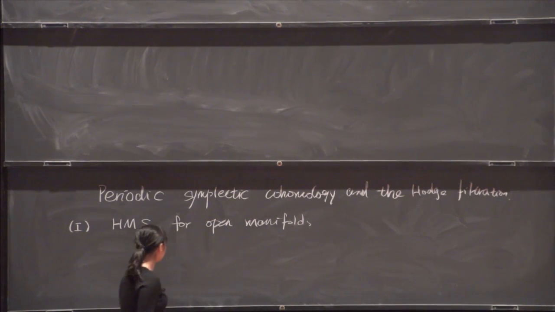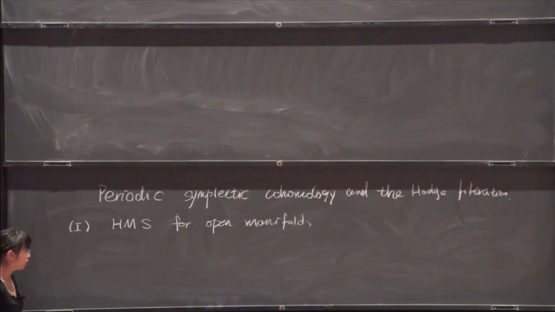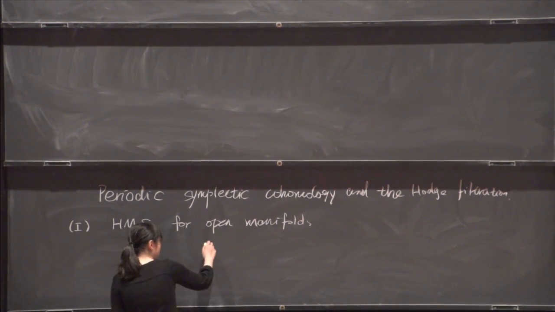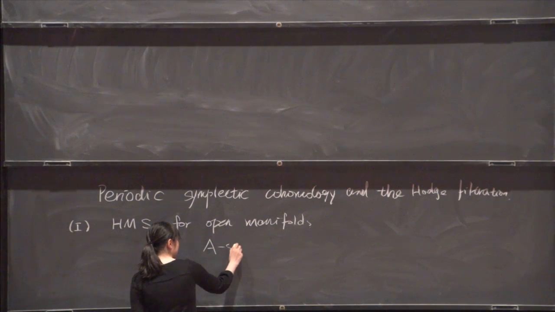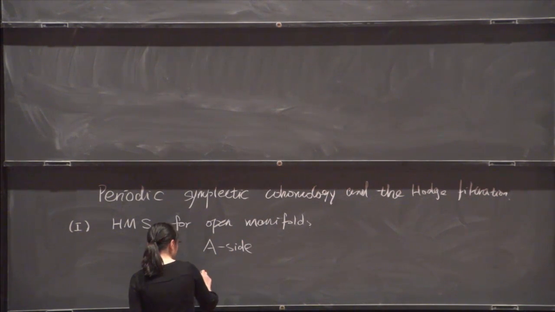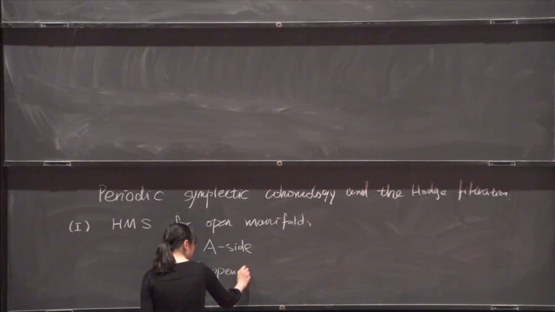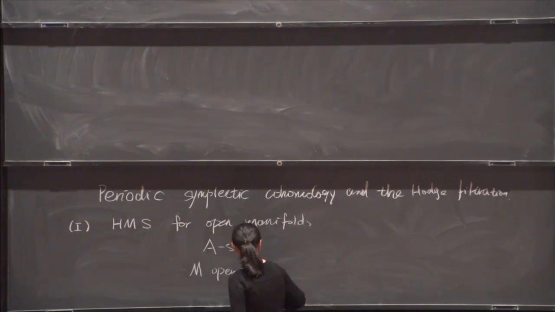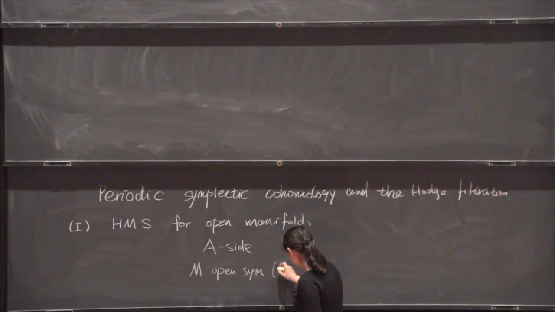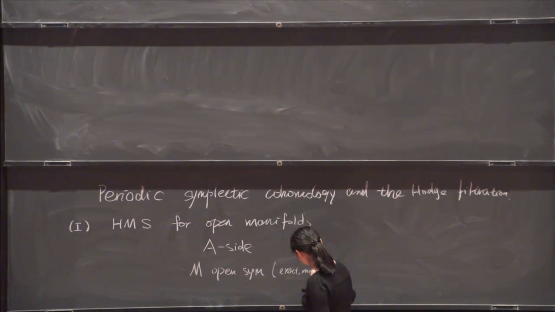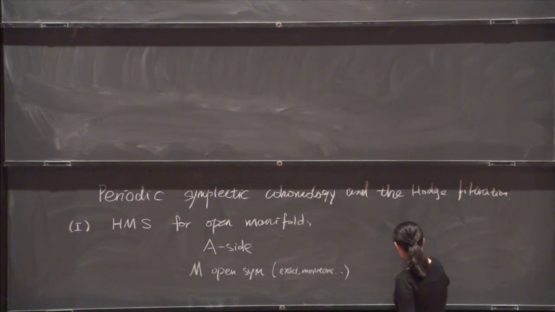So the kind of mirror symmetry I'm going to think about: on the A model side, we have a symplectic manifold, which is open. I could add the condition on this, either exact or monotone, so that there's good Floer theory on them. And on the B side,